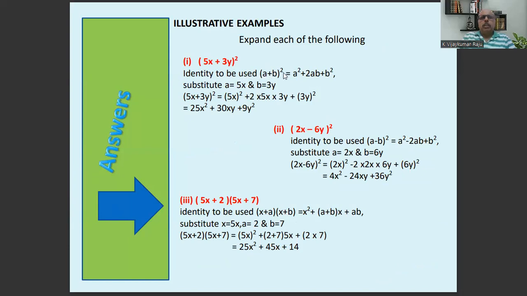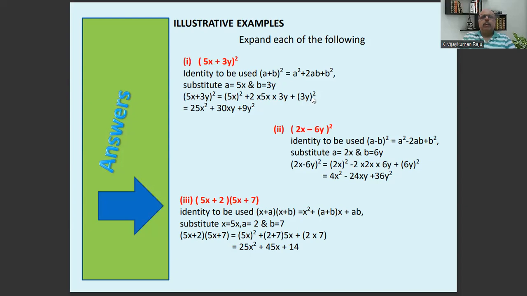(a + b) whole square is equal to a square plus 2ab plus b square. So if you compare this with the given question, you have a is equal to 5x, and in place of b, you will have to write 3y. So a is equal to 5x and b is equal to 3y. So let's put it: (5x + 3y) whole square is equal to (5x) square plus 2 into 5x into 3y